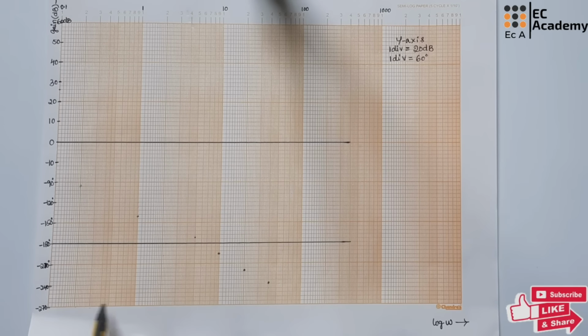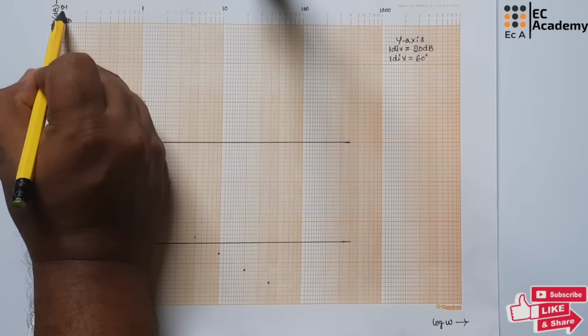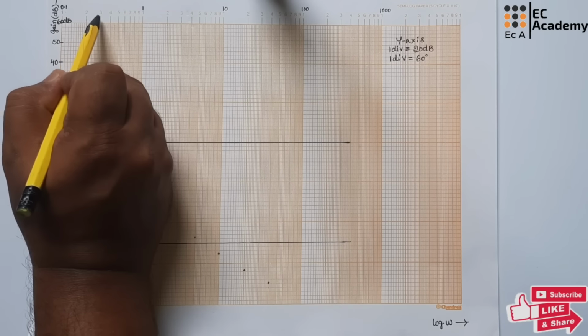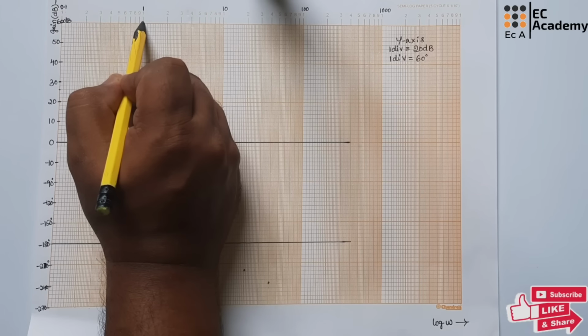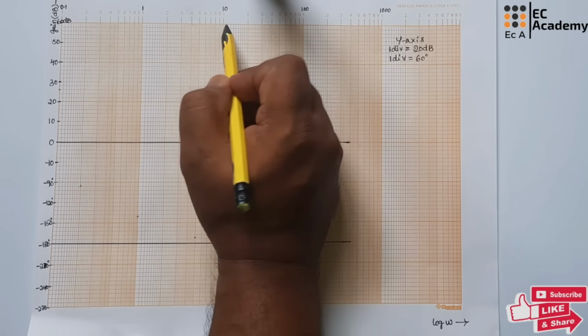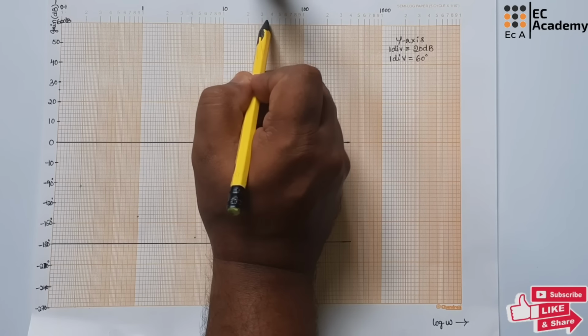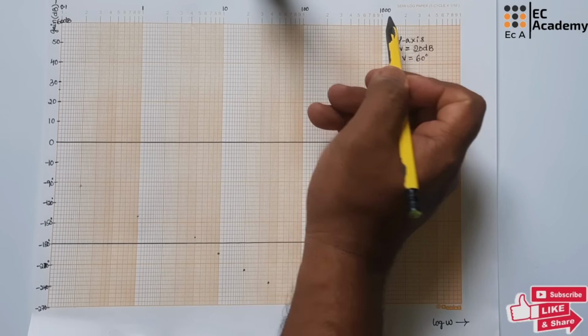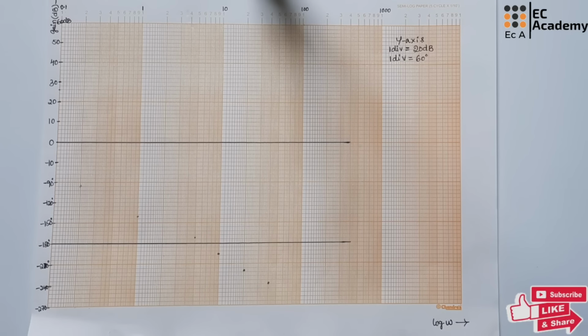In the semi-log sheet, on the x-axis, we will take frequency in a log form, so log of omega, and we'll start with 0.1 as the frequency value. The next division will be 0.2, 0.3 and so on up to 1. Then from 1 it is 2, 3 up to 10. After 10 it will be 20, 30, 40 and up to 100. After 100 it will be 1000. So likewise it is divided in log form.